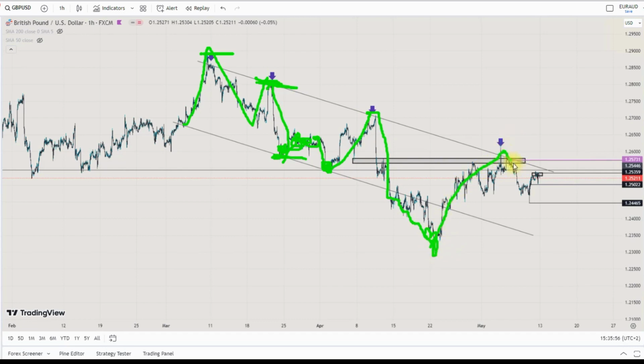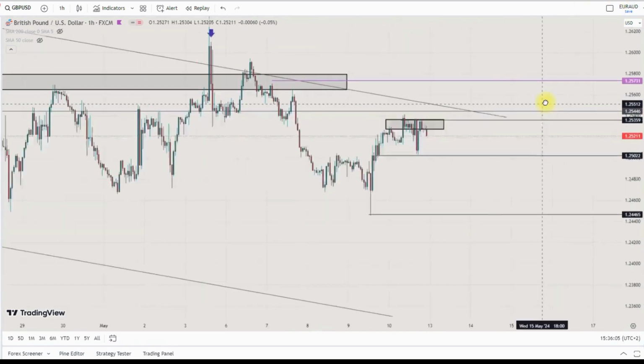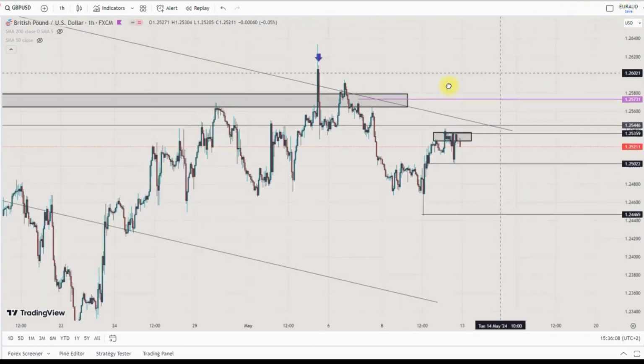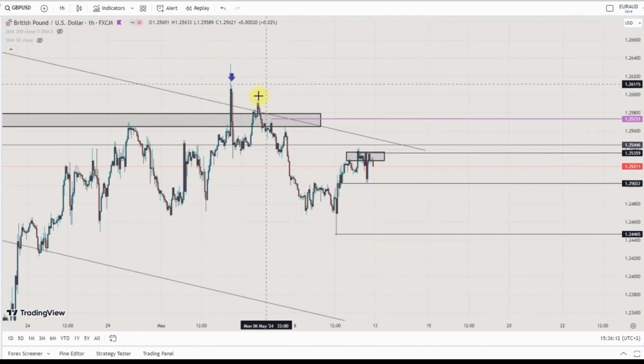I'm of the opinion that price might actually create a new low that will break this particular low. So let's see how that goes, that's the big picture anyway. So let's now go back to what we can see in the smaller picture. From here, I'm of the opinion that we might see a move to the downside in the GBP/USD back to this particular area, back to